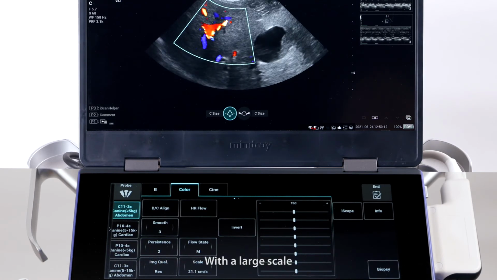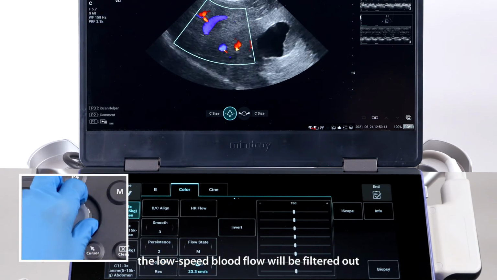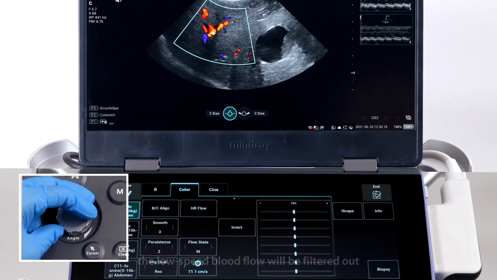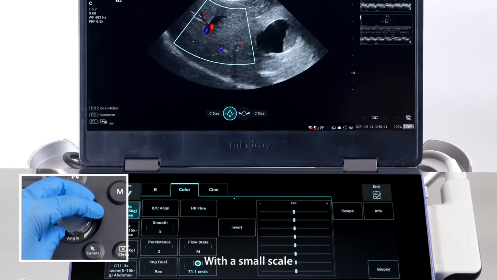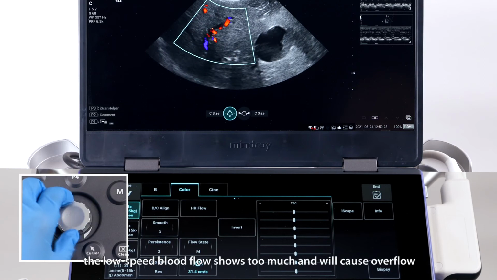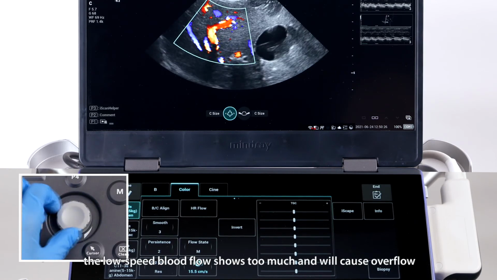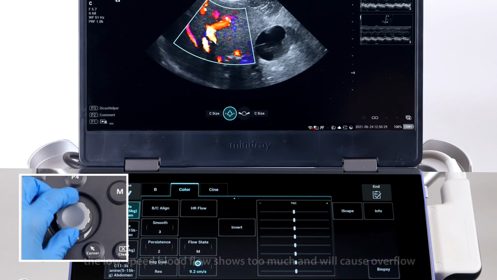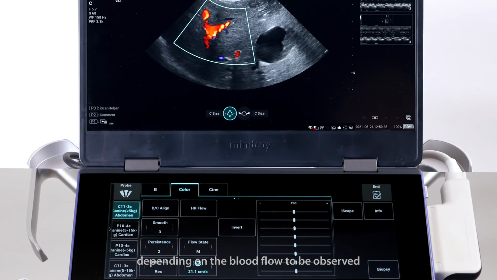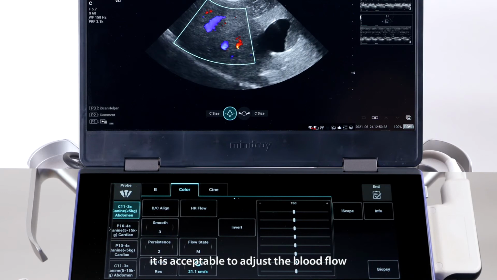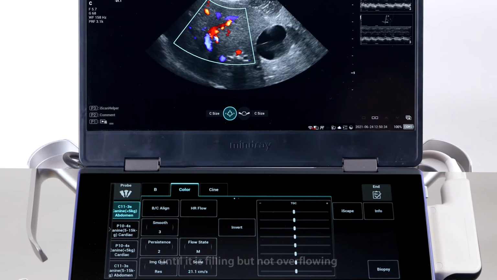With a large scale, the low-speed blood flow will be filtered out, and the blood flow shows no filling. With a small scale, the low-speed blood flow shows too much and will cause overflow. Therefore, depending on the blood flow to be observed, adjust the blood flow until it is